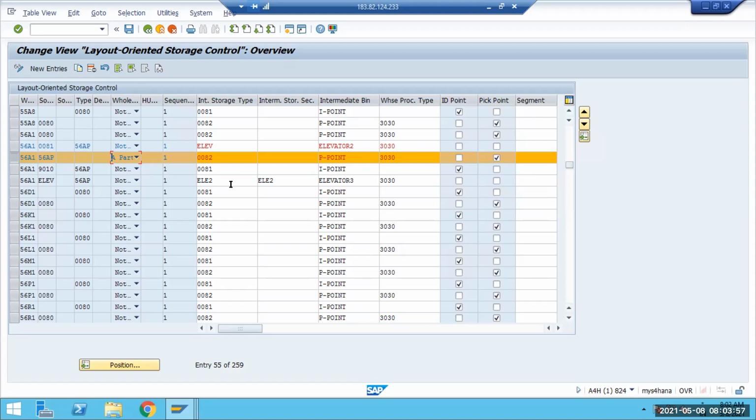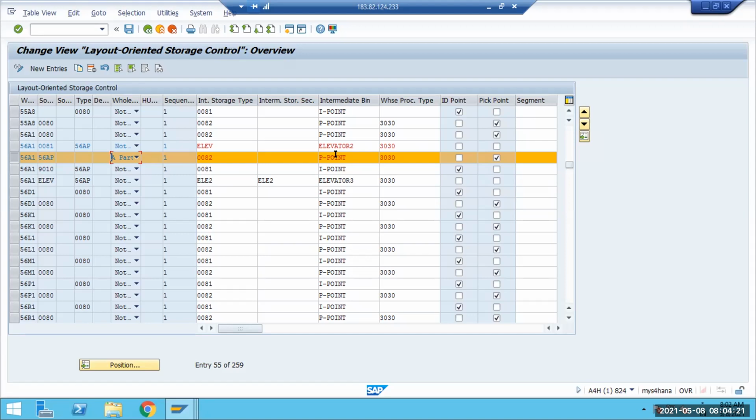Pick point is not the lift, right? No, this pick point is not the lift. This pick point is a temporary arrangement wherein you pull the entire pallet, because in the same place you cannot segregate. So you take it out to the pick point, and from there you segregate the quantity which is desired, and then accordingly you move it out.